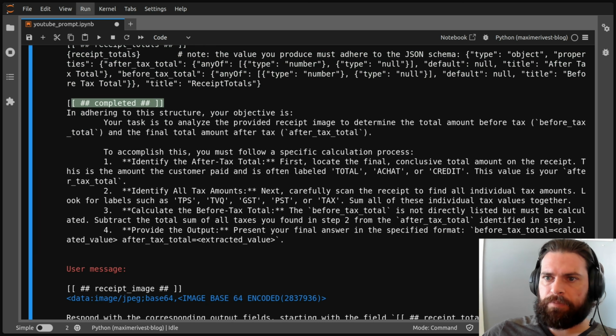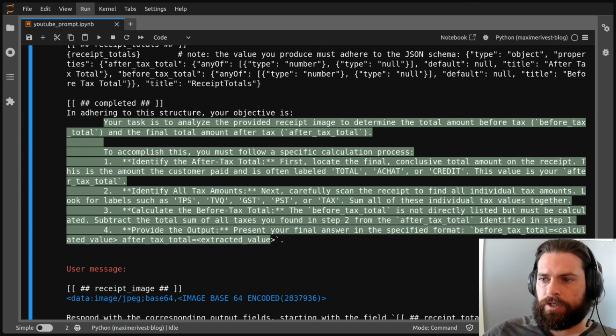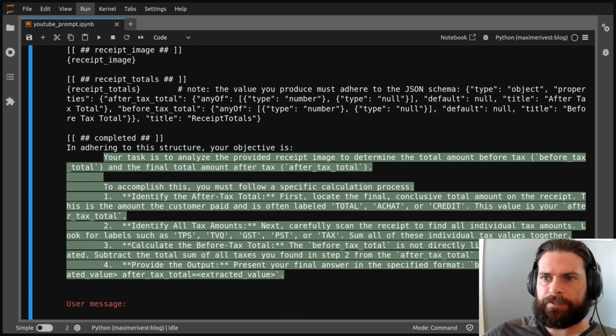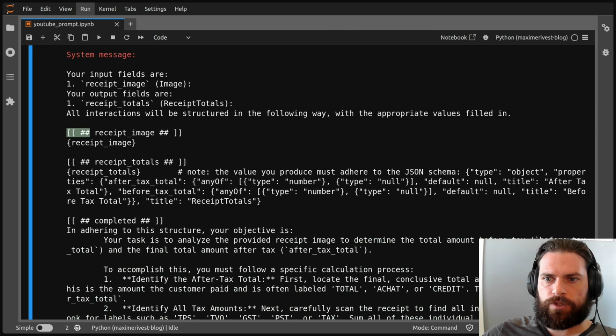And it's completed. It will have to say that it has completed the task. And then that's also part of the template here. So in adhering to this structure, your objective is, and this is the instruction. So this whole part here is what Gemini was working on, and it was being templated into that. And those values here are taken from our signatures and they're templated into the template. And it's the template that decides to use those